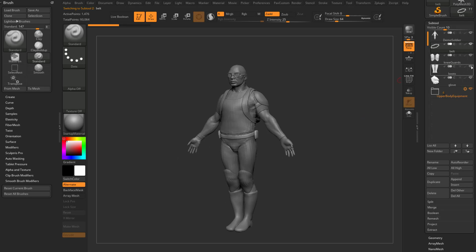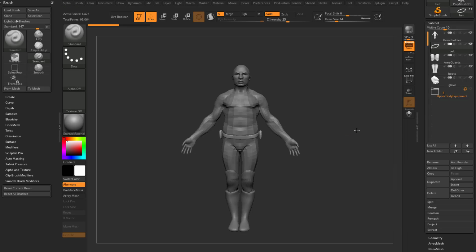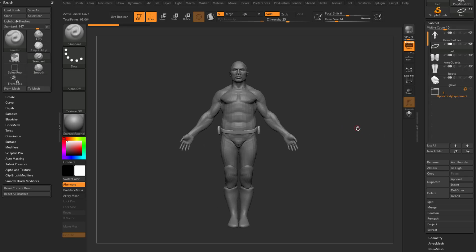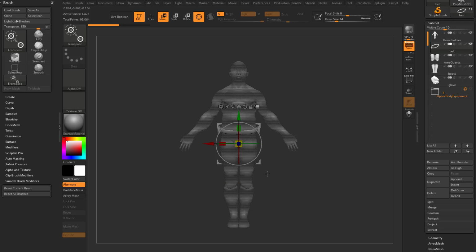And you can turn off the boots, for example. You can also turn off visibility for folders. So if you want to turn off the upper body equipment folder, just turn that visibility off, and all that stuff disappears. So very quickly, we can hit W, go into move multiple, Control Shift drag to unhash everything, Control